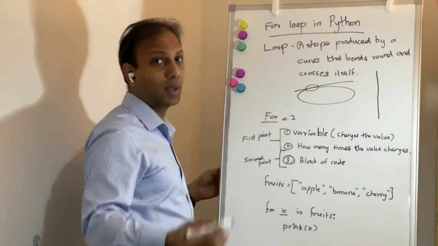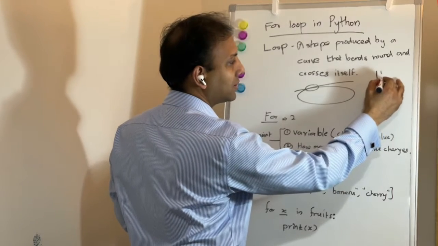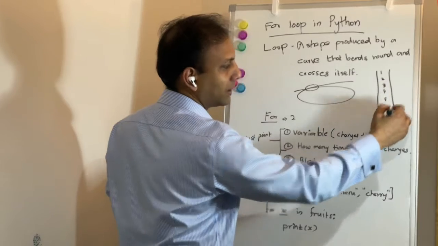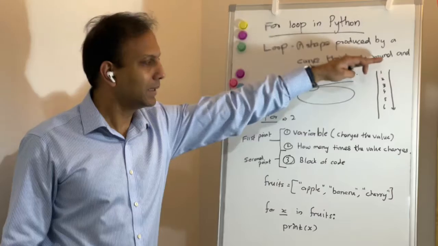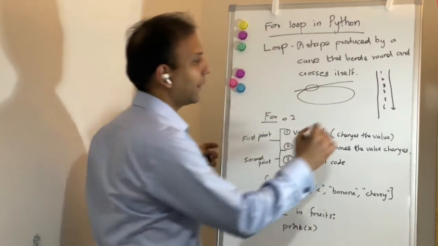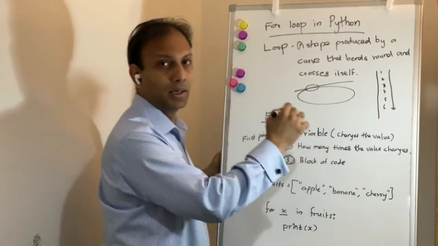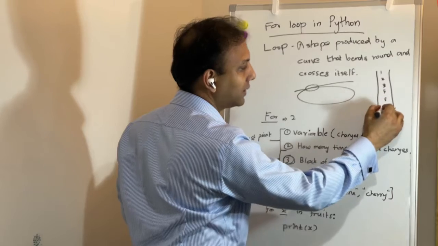Okay, if you don't have a loop inside the particular programming language, you have the executions happening from 1, 2, 3, 4, 5, 6 like this. It will keep on executing. Okay, and Python is an interpreted language, so line by line it gets executed. So here what happens is it has to go back to somewhere it has already executed. So that's the idea here. 1 2 3 4 5 6 and then again it is going back.